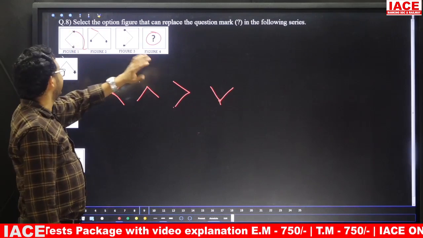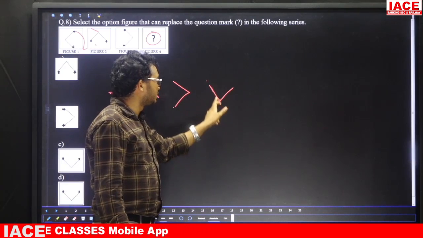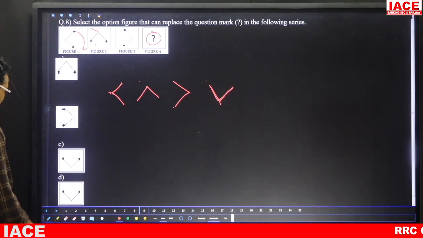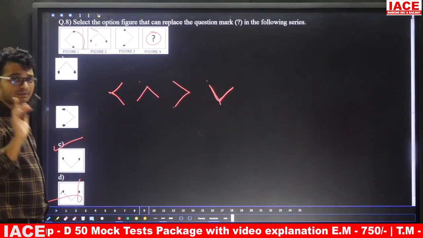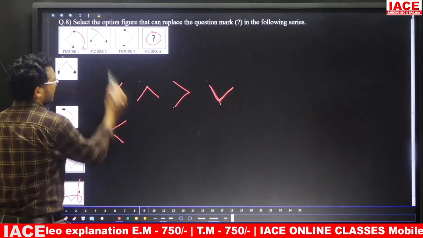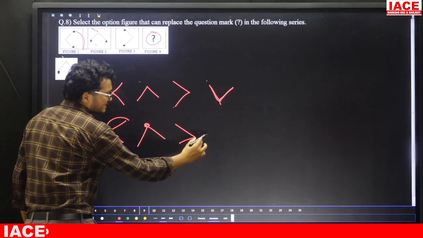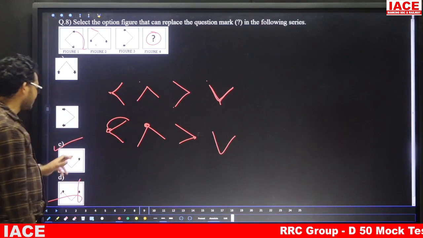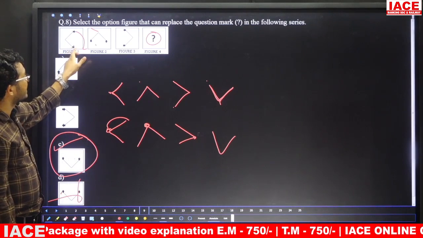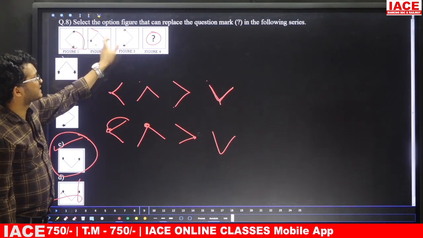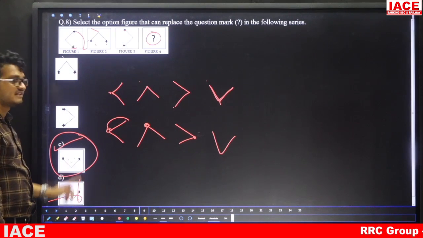Right, down, next left, next upside only. So the arrows should be on the same side, but it looks like a V shape. Which of the following options? Here arrows, one is down and the other is up, no chance. That means the answer is option C. Friends, simple logic: this one is rotating 90 degrees clockwise, again it should be downside. So option C is the answer. Don't get confused between C and D. Here the arrow marks are on the same side, but in this case one is upside and the other is downside, so no chance. Answer C is the answer.